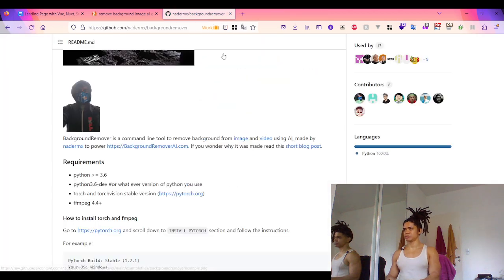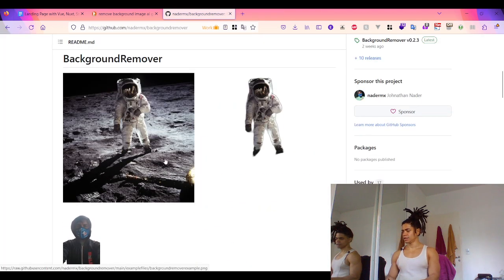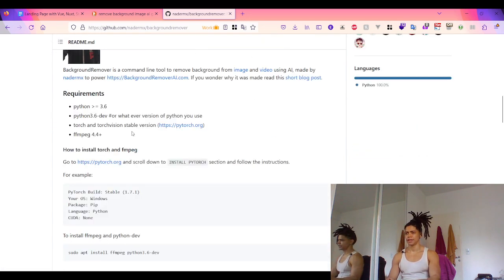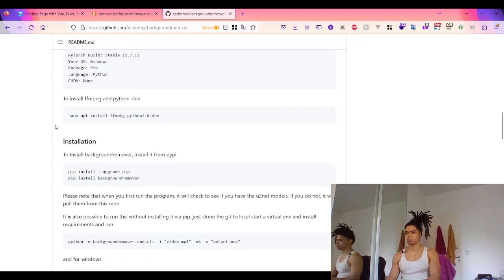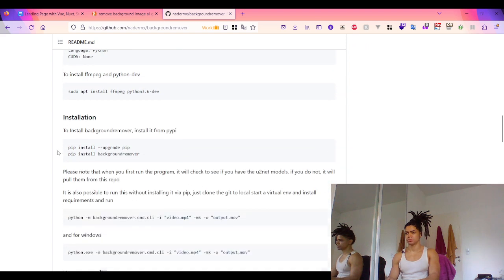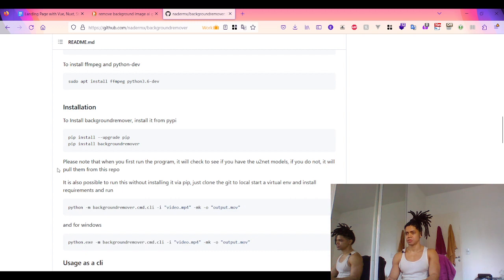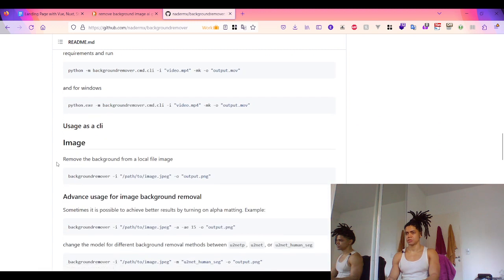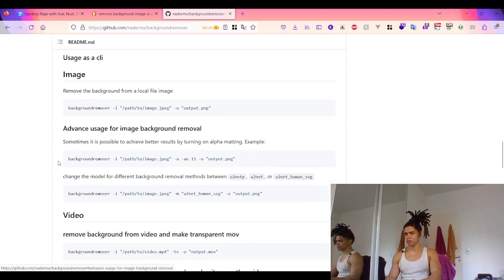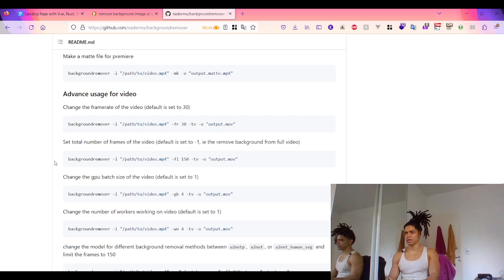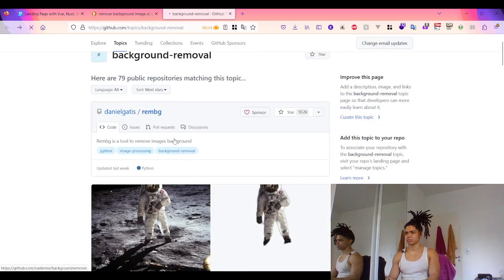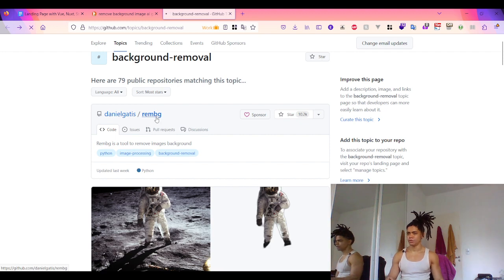Anyway, okay. But it doesn't tell me besides that it used PyTorch for that. That's interesting, by the way. Use a CLI, image, background remover, in video. Okay, we have this first option. Okay, and then I look at the REM